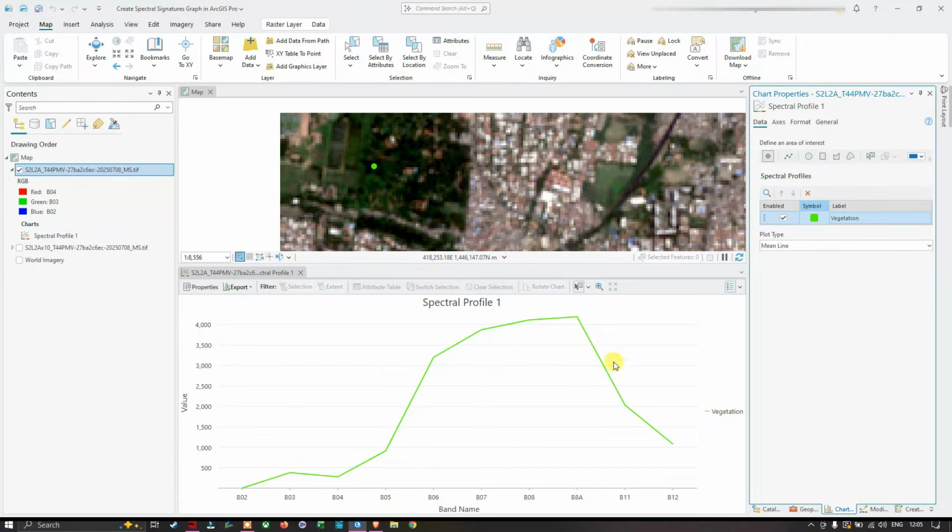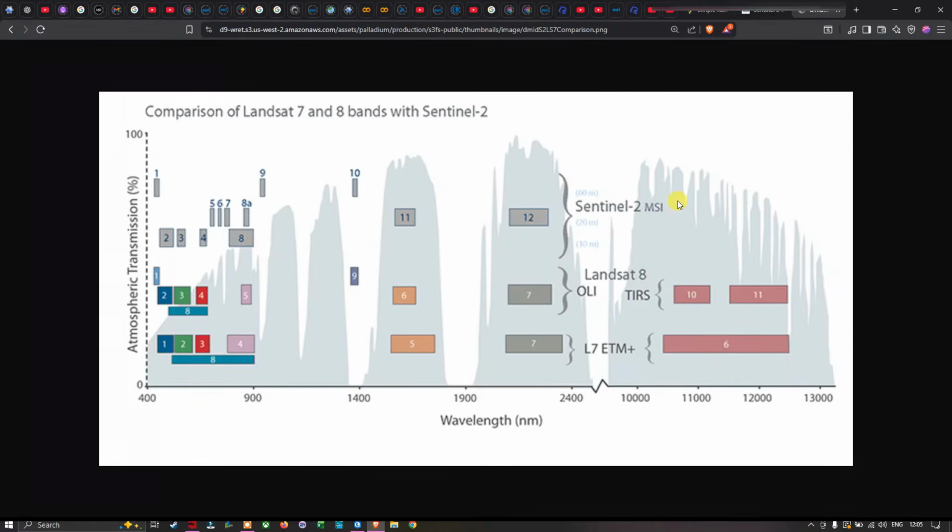So let me show you another example here. Here you can observe this is the Sentinel-2A MSI. So these are the spectrums where the Sentinel-2A imagery is available. Starting with this particular band, it is available in this wavelength, and you can see bands 2, 3, 4 are available in these wavelengths, and bands 5, 6, 7, 8A and 9 are available in this wavelength of 900 nanometers, and also the 10th band has a wavelength of